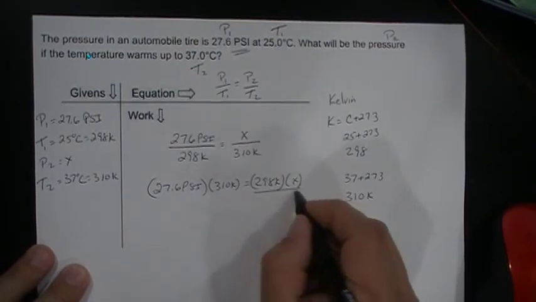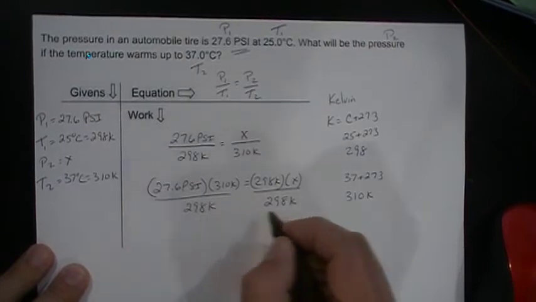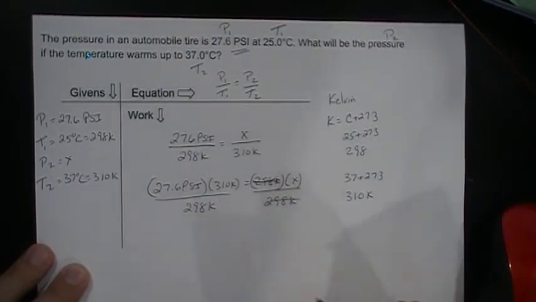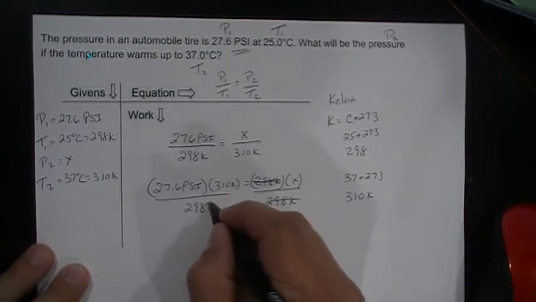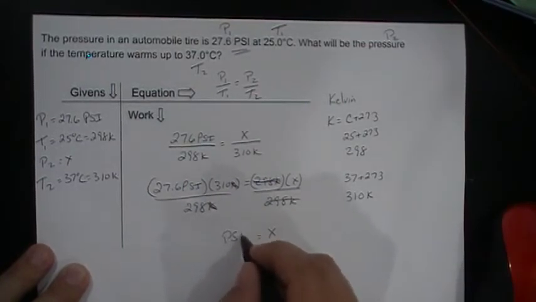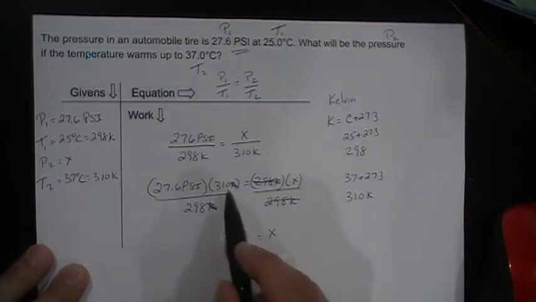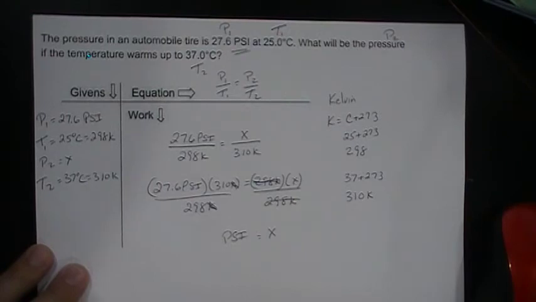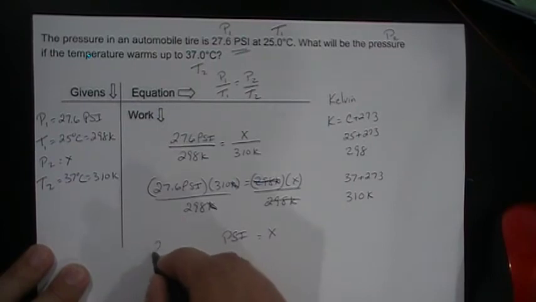I need to get X by itself, so divide both sides by 298 Kelvin. 298 Kelvin cancels out on this side, leaving just X. On this side, the unit Kelvin cancels out, which leaves me with just the unit psi, a unit for pressure, and that's what I'm looking for. Now I take 27.6 times 310, and then divide by 298, equals,